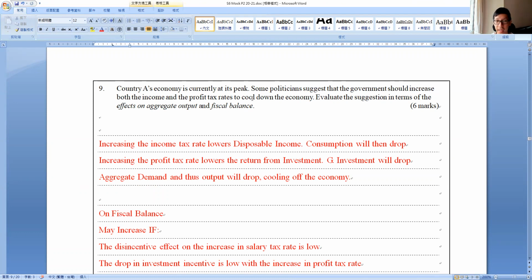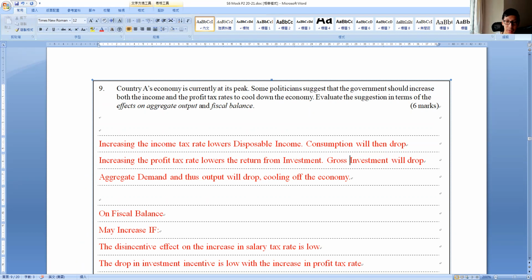Now, country A is currently at its peak. Some politicians suggest that the government should increase both the income and profit tax rate. We need to evaluate the suggestion, the effects on aggregate output and fiscal balance. Now, aggregate output first. Remember, increasing income tax rate lowers the disposable income. Therefore, C will drop. Also, profit tax rate lowers the return from I, so gross investment expenditure will drop. Therefore AD will